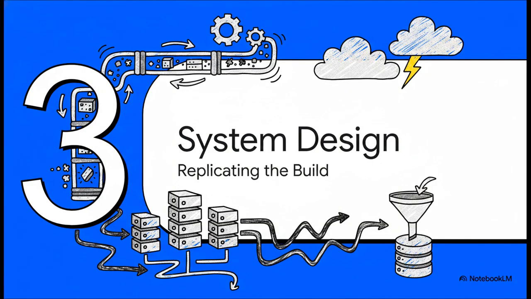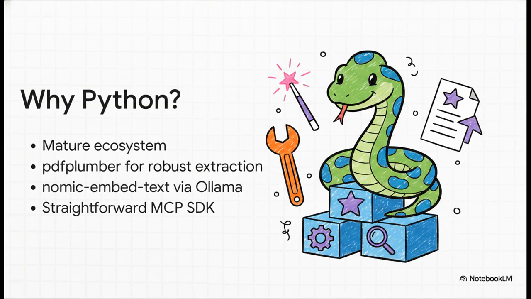Moving right along to part 3, system design and replicating the build. So, why use Python for this primary showcase? Well, because these are 3 separate FastAPI apps communicating over HTTP, the ecosystem perfectly matches the workload. Yeah, Python is incredibly mature for these specific tasks. You have PDF Plumber for robust book extraction, which is notoriously good at handling complex PDF layouts without breaking. You have Nomic embed text running locally via Ollama for embeddings, which is a massive cost saver compared to hitting external APIs constantly. And Python has a very straightforward MCP SDK that makes building that server-sent events MongoDB tool server